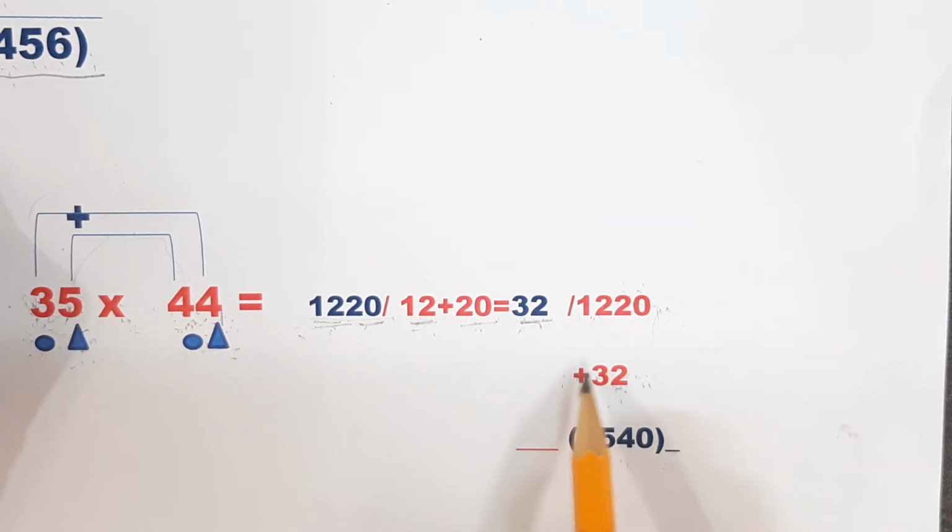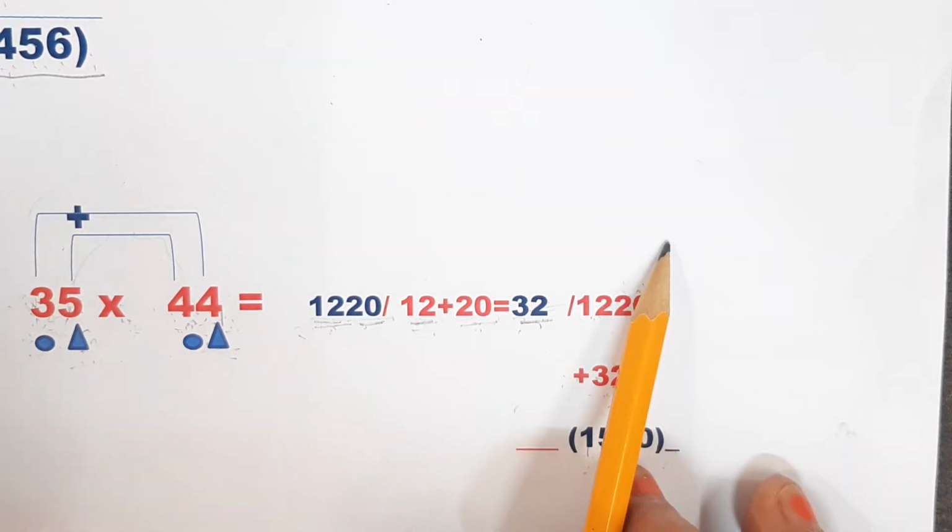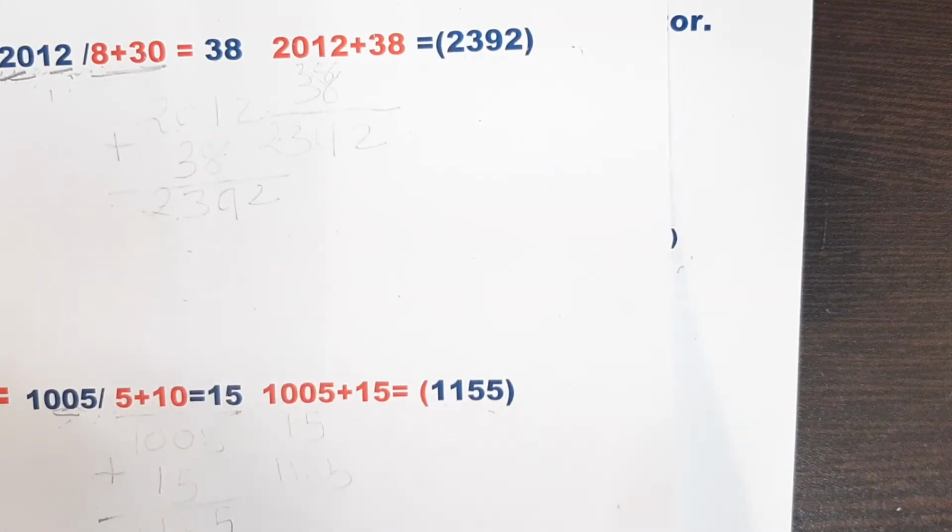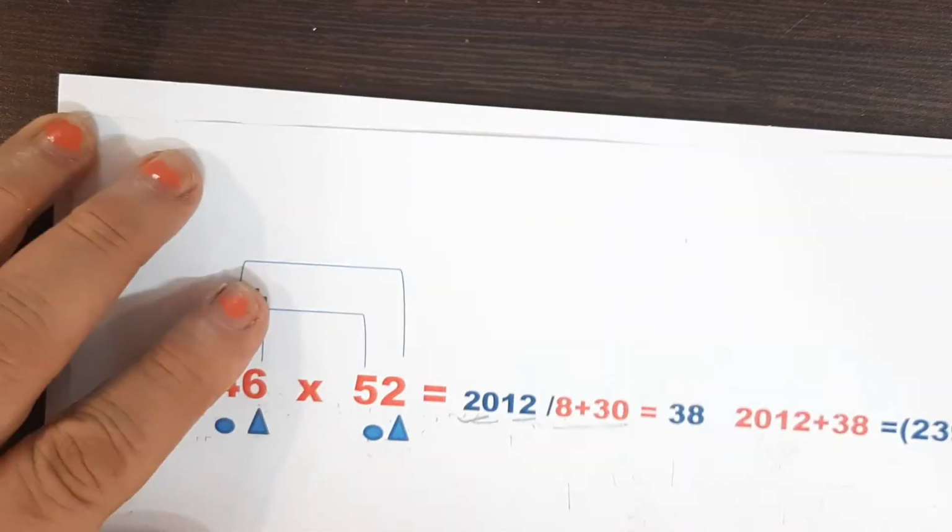The rule is you have to add the second figure from the upper second figure. You have to put it from the upper second figure and then start. Now we will go for a further example of the multiplication.